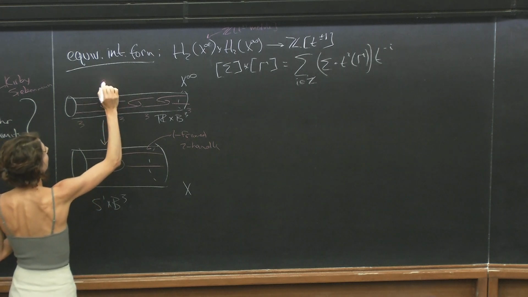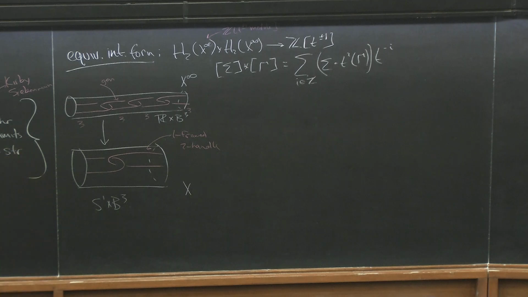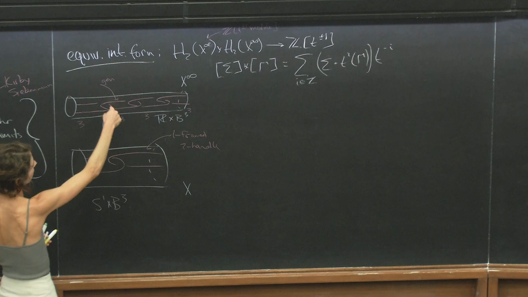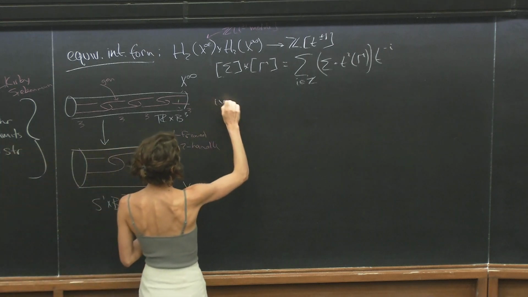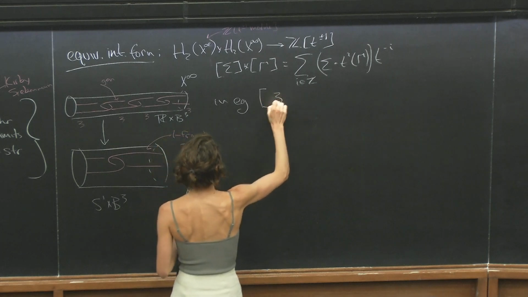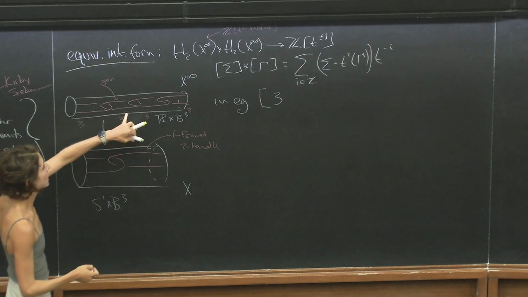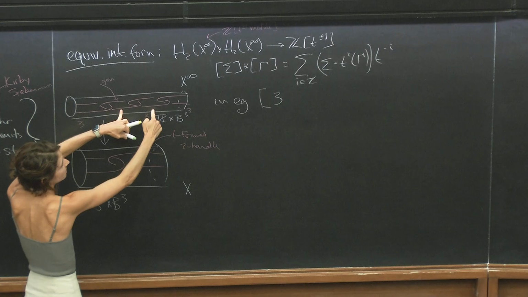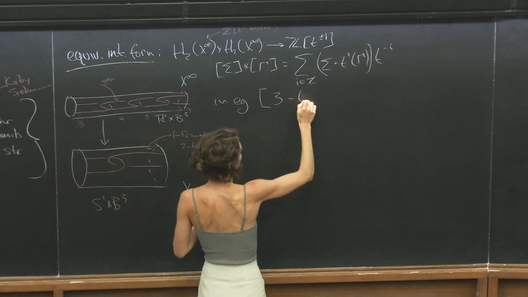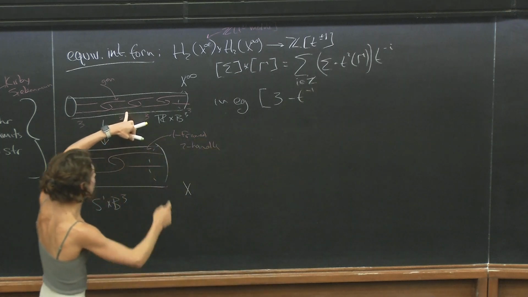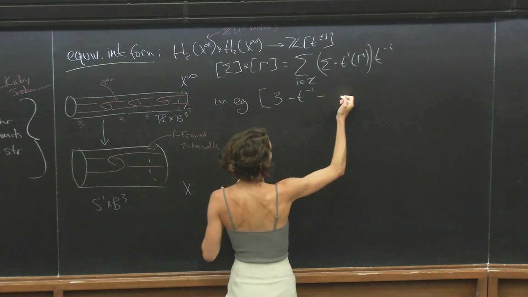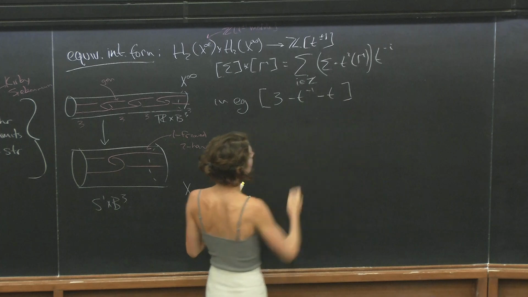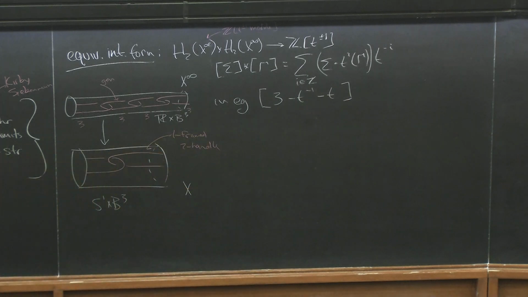Let's say it's generated by this 2-handle here. Then we just have to ask ourselves, if I take a class running once over this handle, how does it interact with itself? We'll see self-intersection 3 from the framing, but then we also have to record how this class intersects its translate, and we see a -1 from the linking. If i is larger than 1, we don't have any intersections between these. For i = -1, we get a t, and that's it. So this is what the equivariant form looks like in this case.